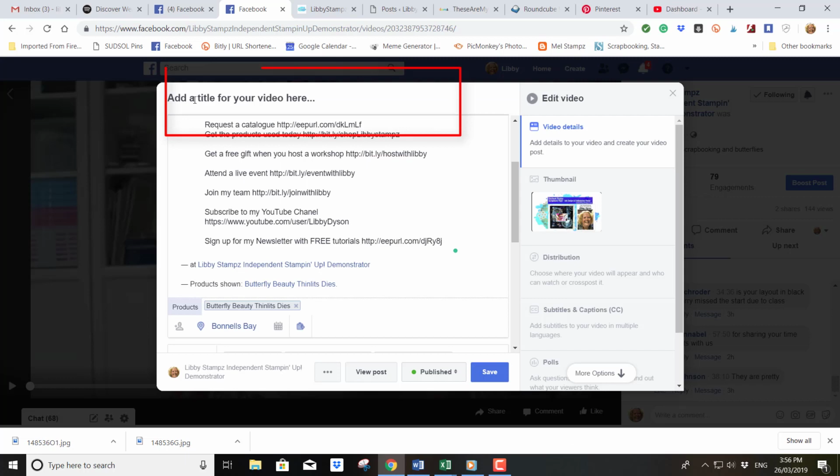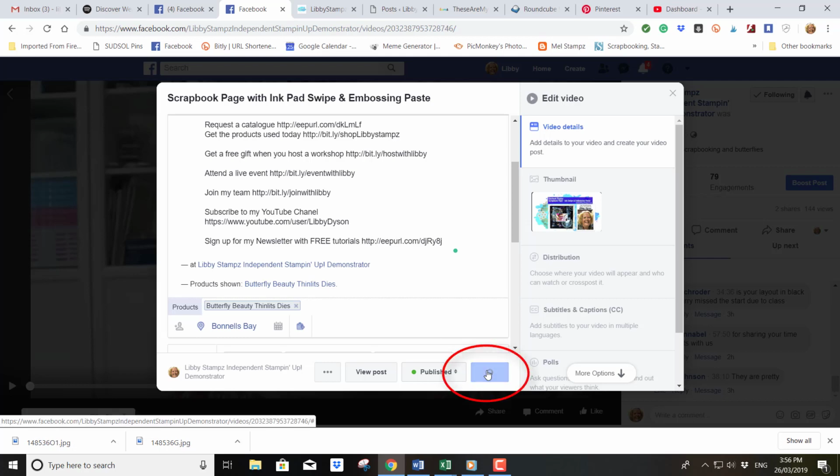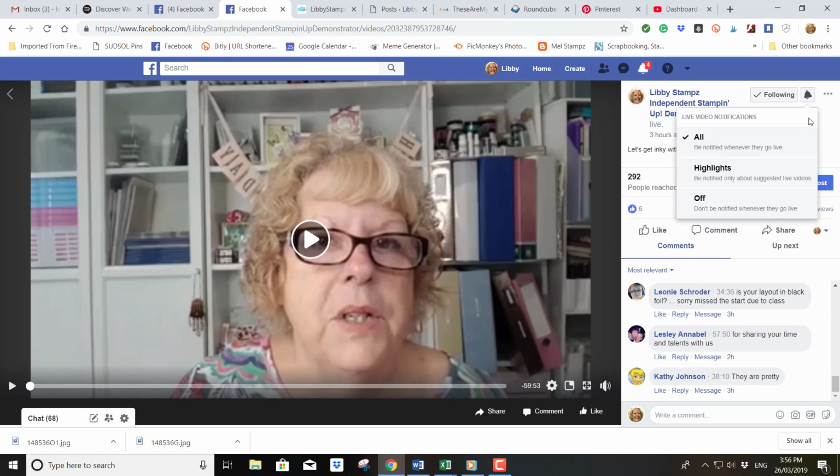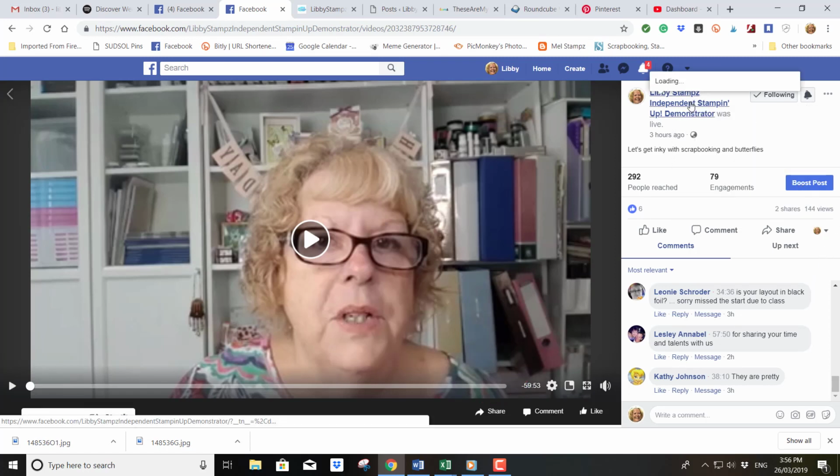Okay, so now up here I need to put a title, so I'm going to put scrapbook page with ink pad swipe and embossing paste. Okay, so then I just click save and I'm done. So now when I go back to my page, so I click up here on my page,